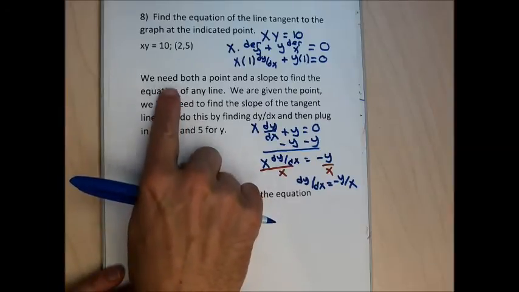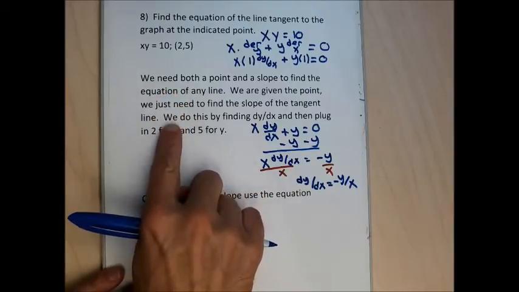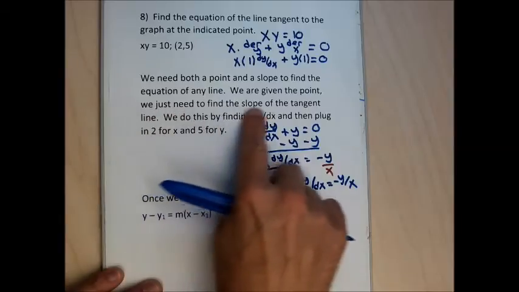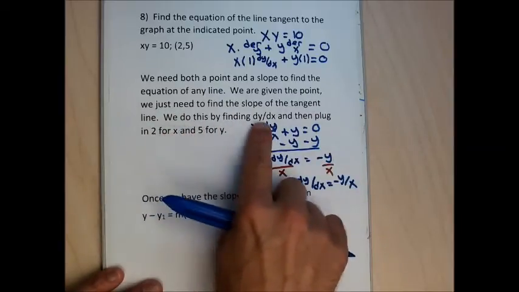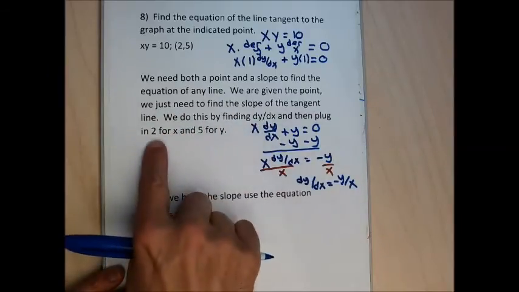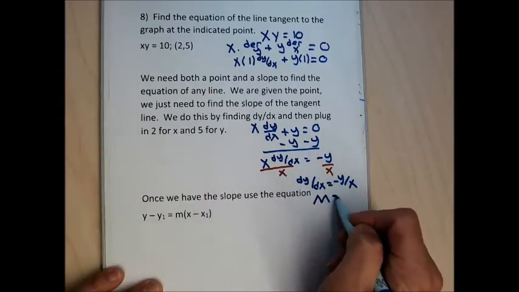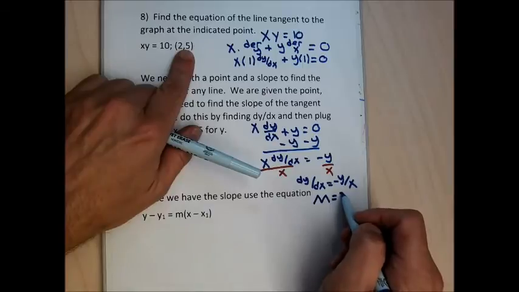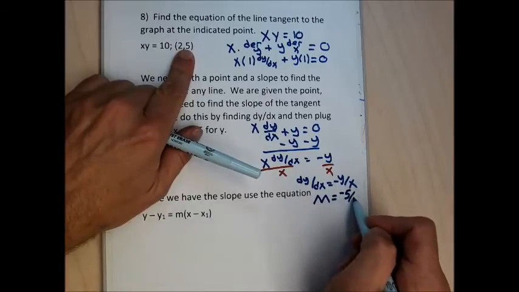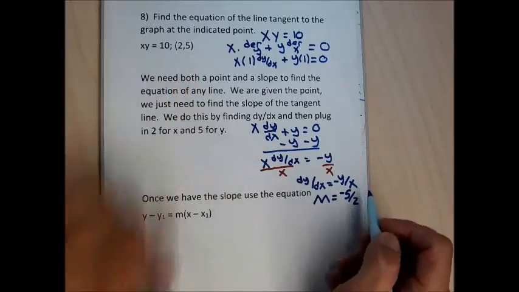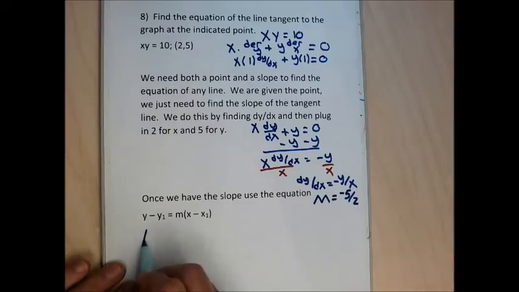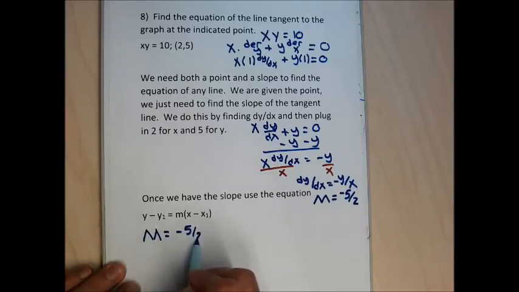So I gave myself a hint. We are given a point, we just need to find the slope of the tangent line. We do this by finding dy/dx, and then we plug in 2 for x and 5 for y. So the m is going to be found by plugging in 5 for y and 2 for x. So for my equation, I'm going to have m equals negative 5 halves, and the point is